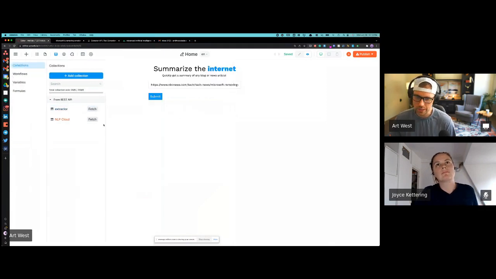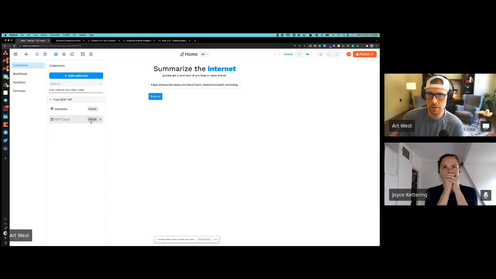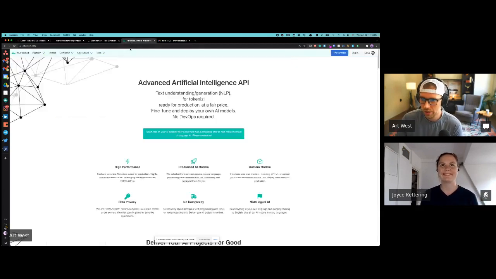So that's great. The next part of this app was the connection to an AI type of tool that would allow you to get a summarization of the raw text. So I had to do a little bit of research. I think there's several different tools out there that do this sort of thing. I think OpenAI is one of them, but actually someone on Twitter pointed me towards this tool called NLP Cloud,